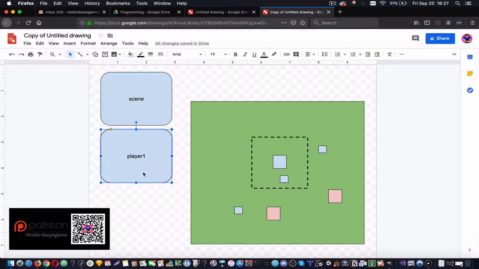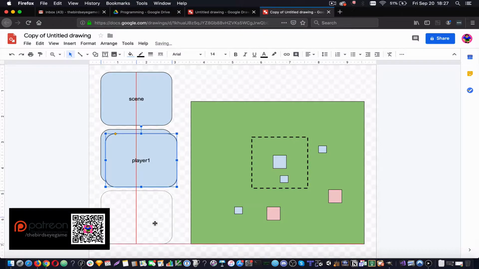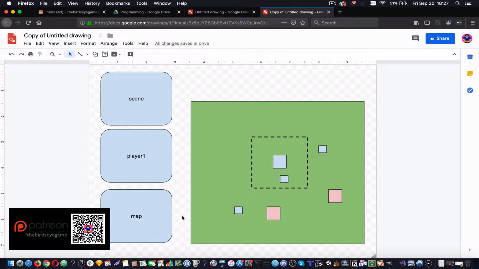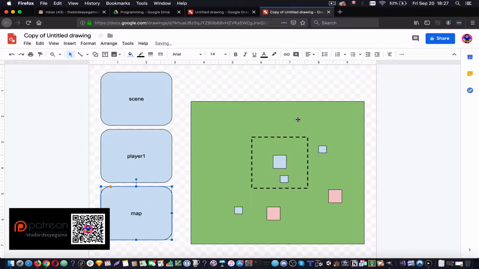So we got a player one, which we already created before. We have our map, which we already created before, and so these are the classes that we really want to consider. We also created a class for controls, but I don't really need to display that here. It's not really relevant to what I'm explaining. Eventually we'll have classes for the items and the enemies also, but we don't have those yet, so I'll just